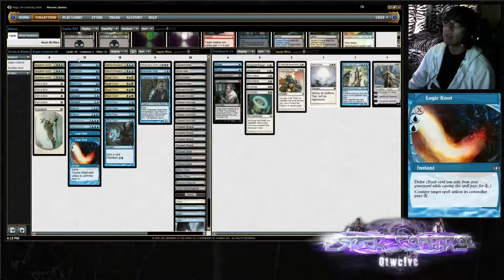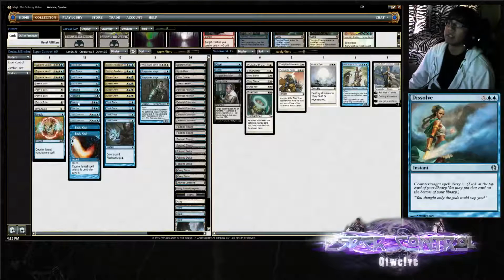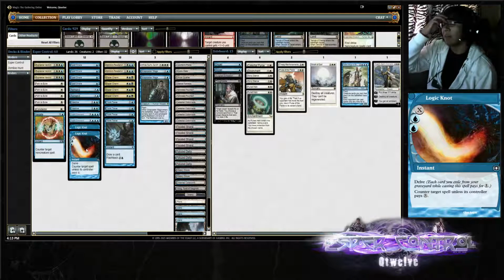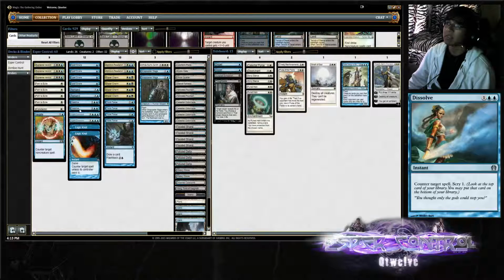And 13 counterspells, you can play around with the numbers. If I take this Negate out, this would usually be the shell, except for the interesting part, which is these 2 Dissolves and 2 Cryptic Commands. Right now, I've been testing a split between 2 Cryptics and 2 Dissolves for a while now, and the reason why I play Dissolve is because I think that